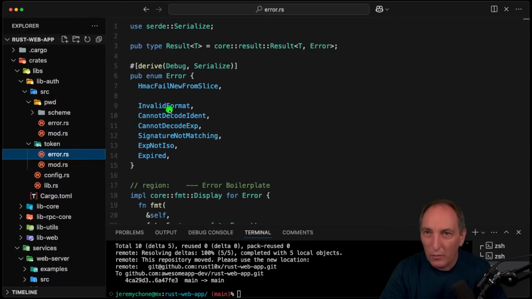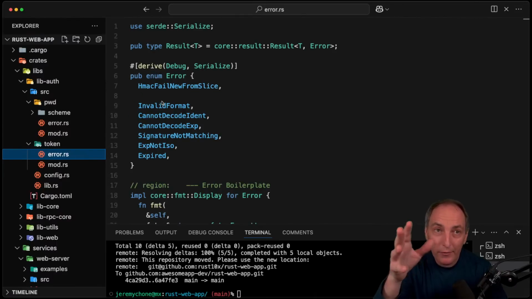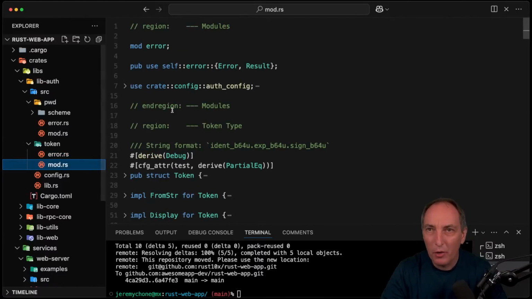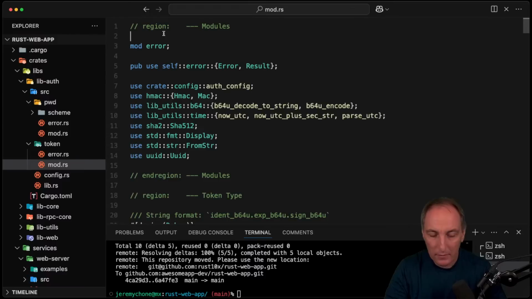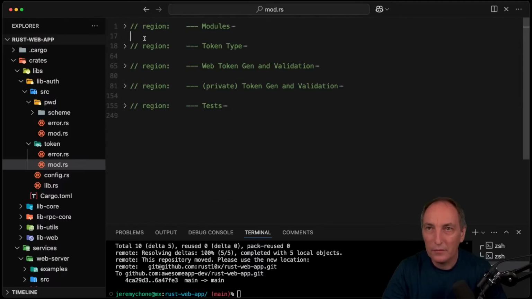So in the token here, we have our error, which is basically if something goes wrong here. So here I see that we have the hmac guy, so we're probably going to have to add errors related to Blake, I guess. And then I have the mode here. Yeah, I like my code region business. So I close M1, I have the modules, I have the token type, and then